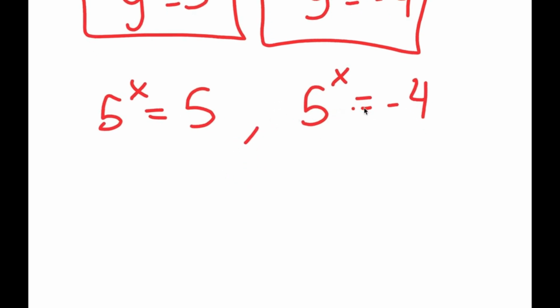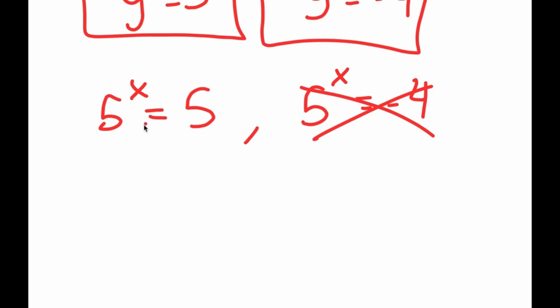So let's look at this equation over here. 5 to the power of x equals negative 4. Well, we can't take the power of a positive number and turn it into a negative number, meaning this equation has no solution. And for 5 to the power of x equals 5, to solve this,